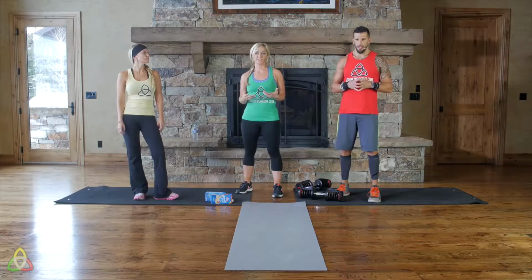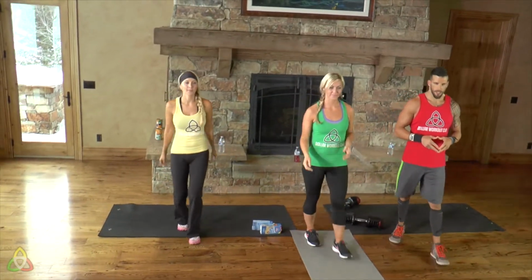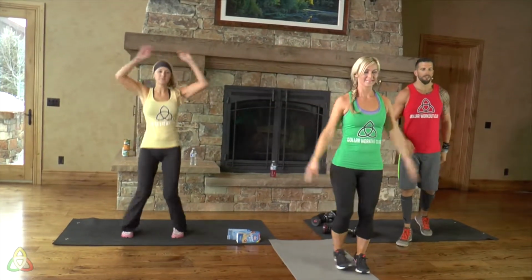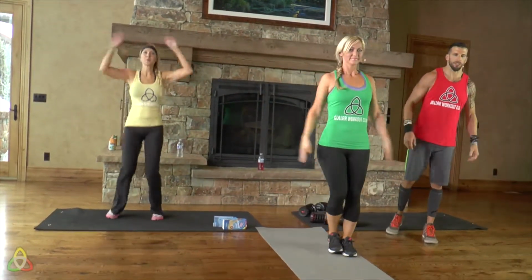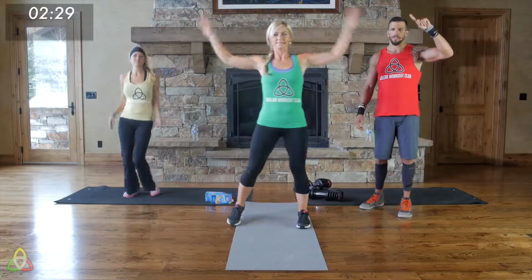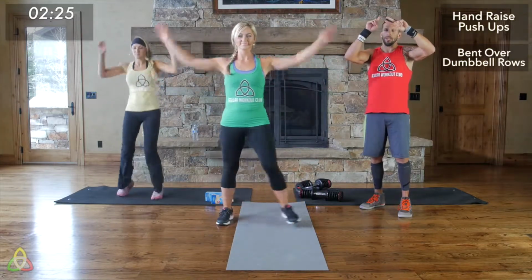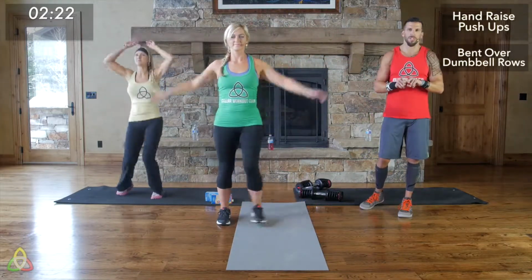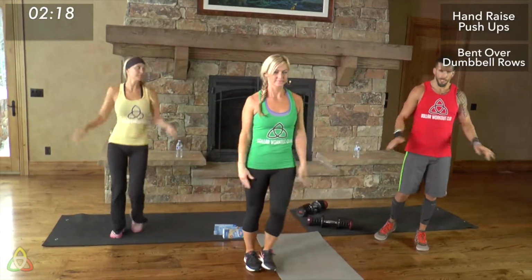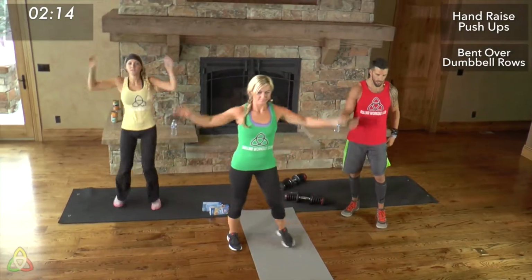We're gonna start with jumping jacks while Drew explains the structure of the workout and how we're gonna do the workout today. All right, you guys. So today's going to be 3 different supersets we're doing. Very minimal rest in between each superset. So the first superset is comprised of 2 different movements, the hand raised push-ups and the bent over dumbbell rows. You're doing 30 seconds of hand raised push-ups, 30 seconds of dumbbell bent over rows, and then that's one set. You do that 3 times. No rest in between. Hand raised push-ups, bent over rows, with no breaks in between, 30 seconds each for 3